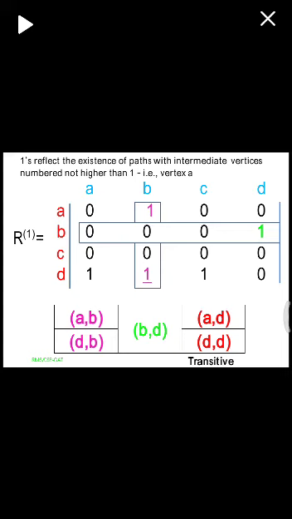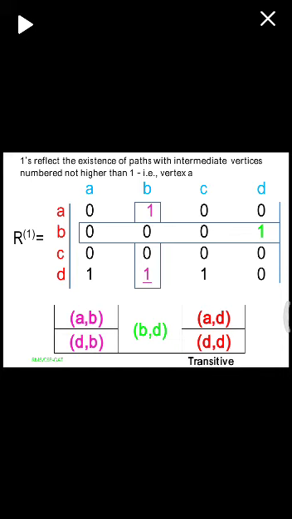So in R power 1, select second row and second column. Now here we can see the table below. In the second column, we need to find the position of 1. We have indicated it again using the pink color. Position of 1 in the second column is A to B and also D to B. Next we need to find the position of 1 in the second row. Position of 1 in the second row is B to D. That I have indicated again using green color.